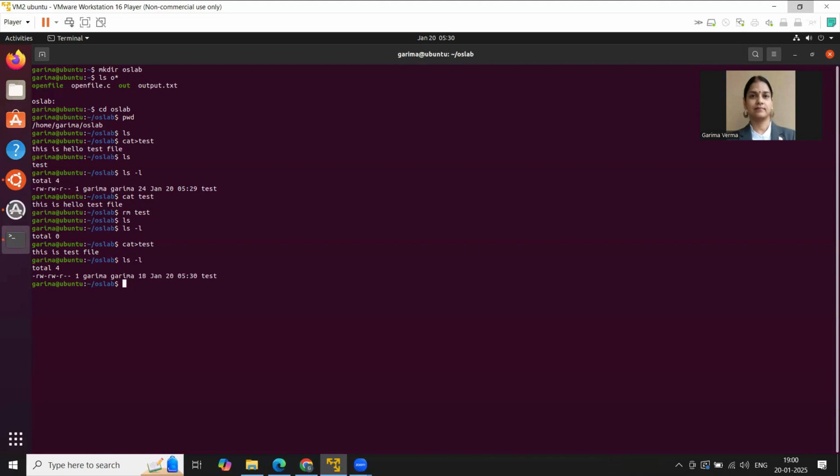So there are two calls we use in the Linux operating system. Read, to read something from the input. Your input can be the keyboard or any text file.